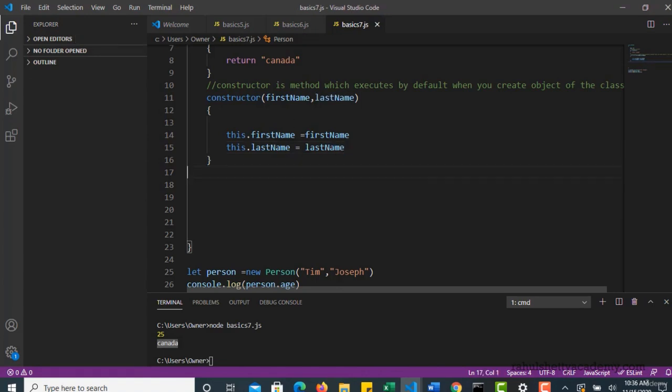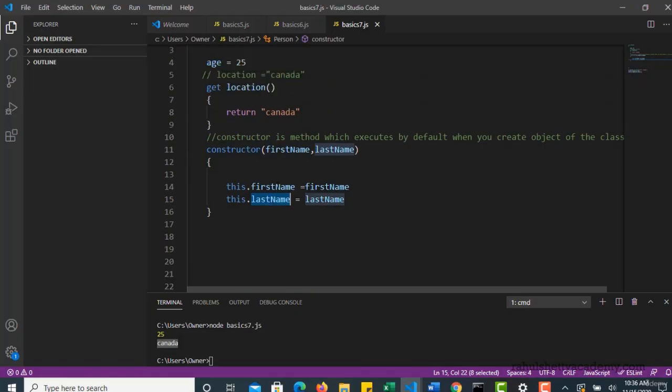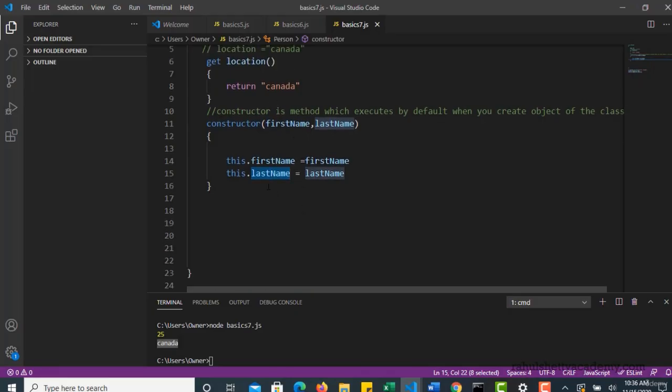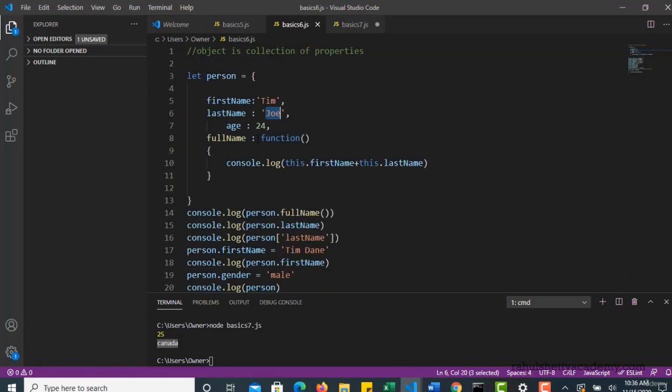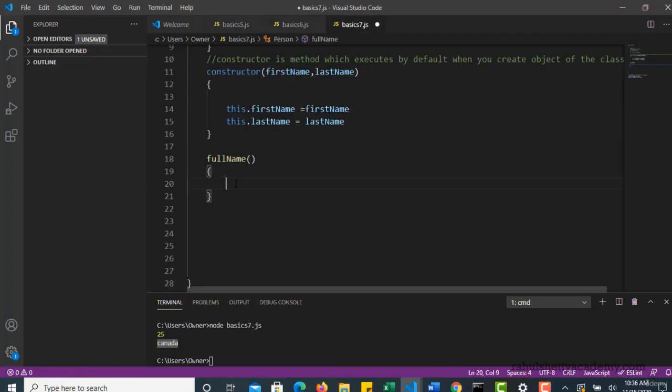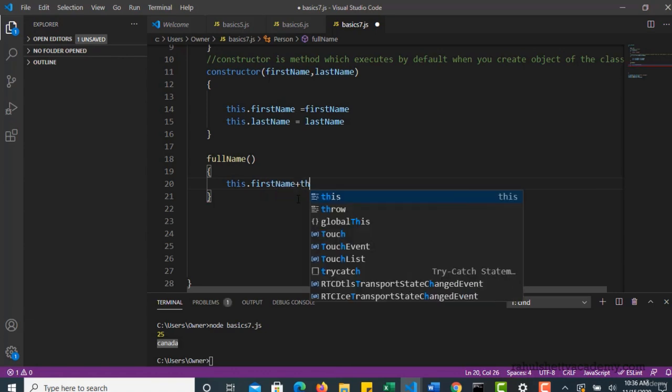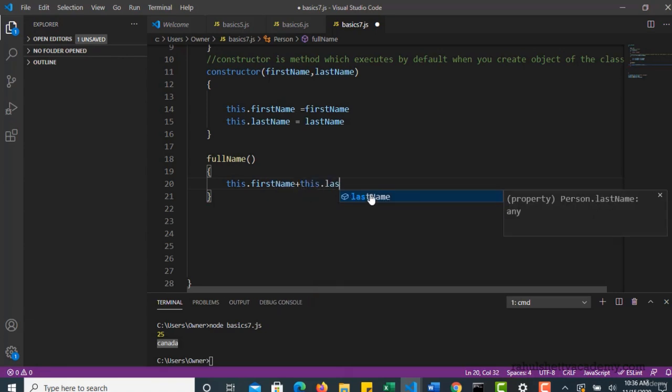Okay, so now these two variables are activated, right? And if you want to print or create any method, let's say I want to create one method full name. See, this method is nothing but the one which we created earlier. Okay, so here I want to concatenate the first name and last name. So this dot first name, concatenation, this dot last name, console dot log,